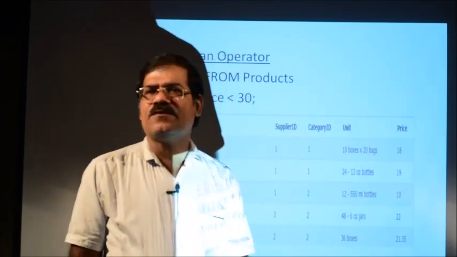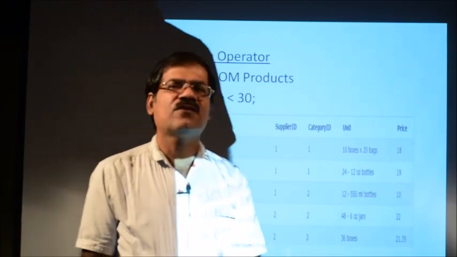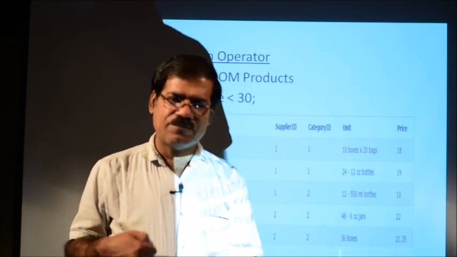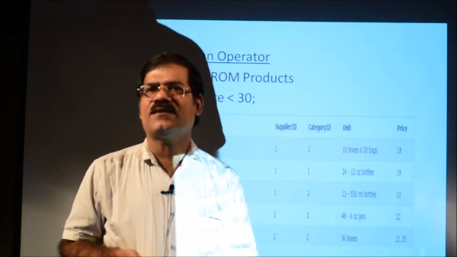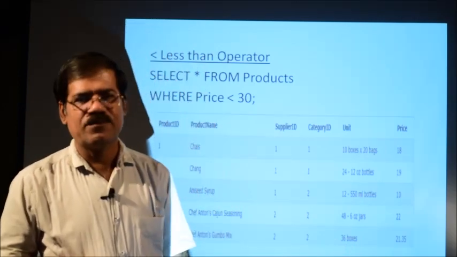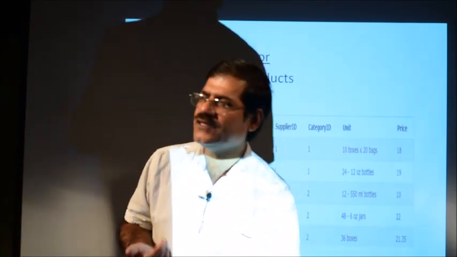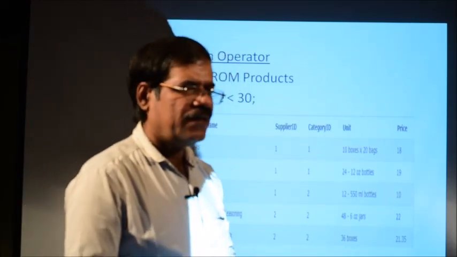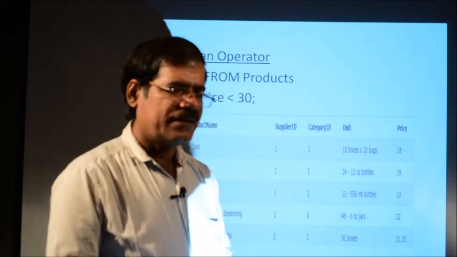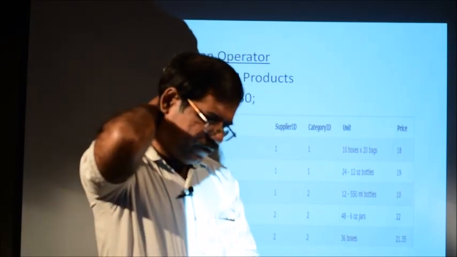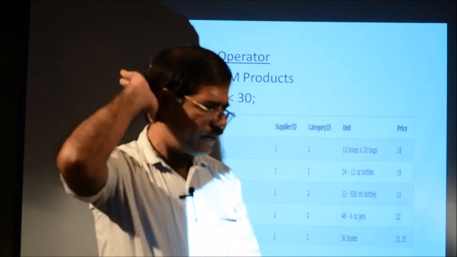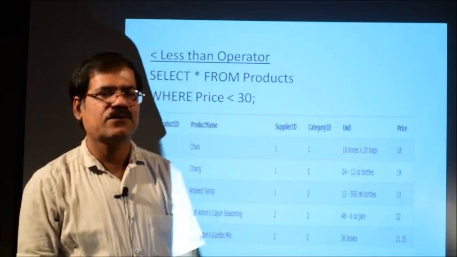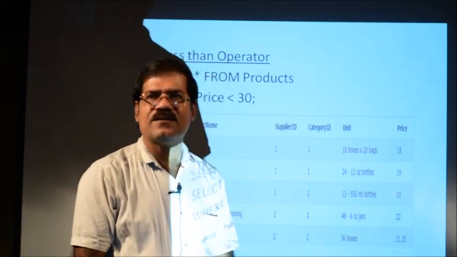I have also discussed the overall concept of DCL, data control. Control means providing permission. You grant permission to different users by using the grant command. Grant is one of the commands to provide permission to users. To withdraw the permission, the command is revoke. The revoke command is used by super users or administrators. So, the controlling authority will use grant and revoke to give permissions to different users. That is the syntax of grant and revoke also.